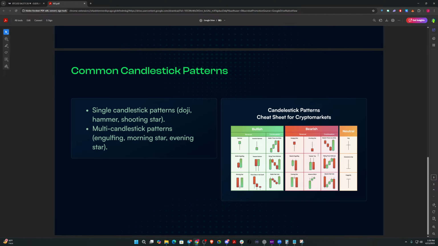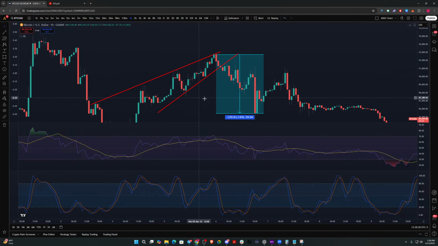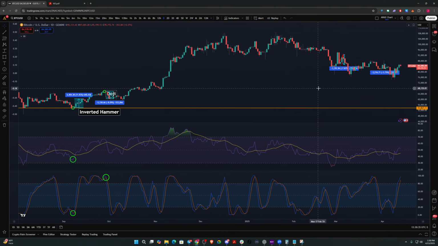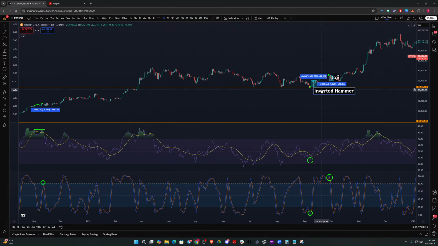Those are going to be some of the main ones. Like there are some where you have 3-line strikes, rising 3 methods, tweezer bottoms, 3-star south. But again, guys, these ones are even more subjective than what we saw previously. Okay, looking at the daily time frame, which we were looking at before, yes, you could